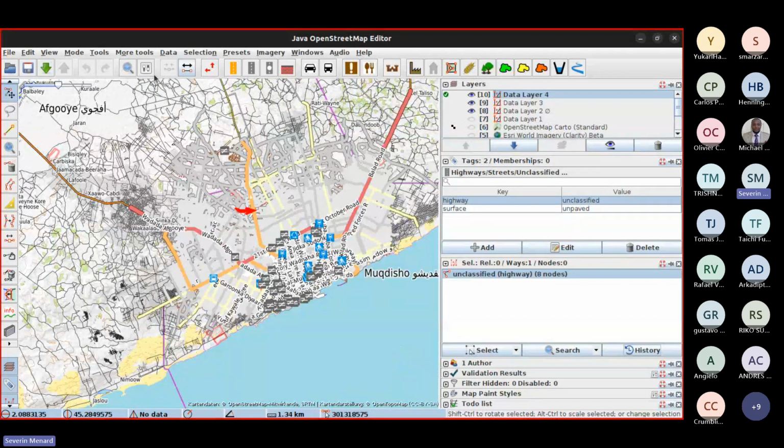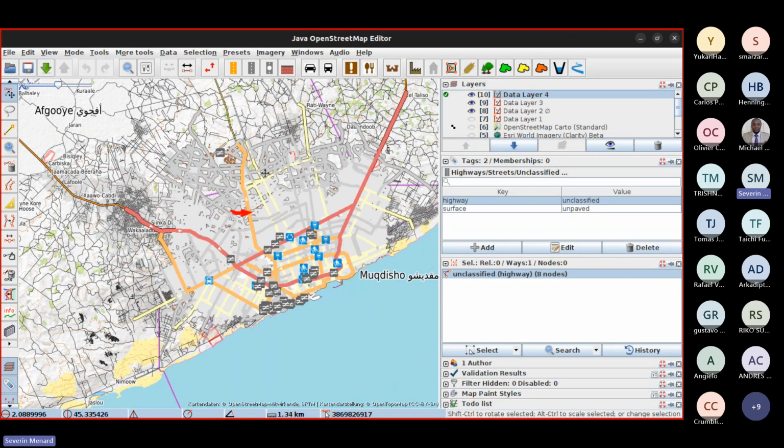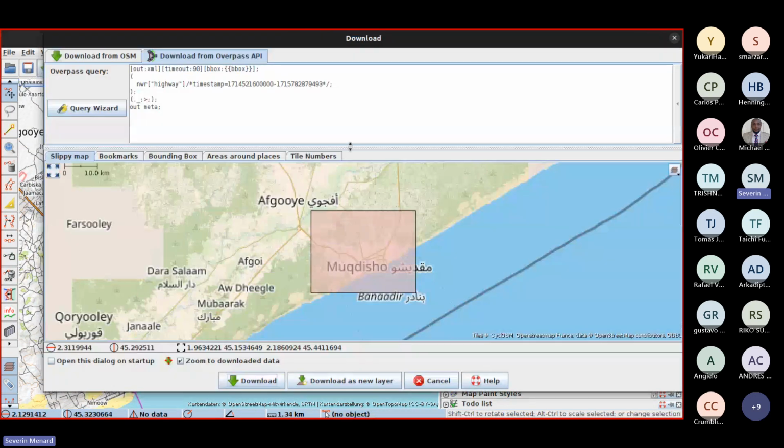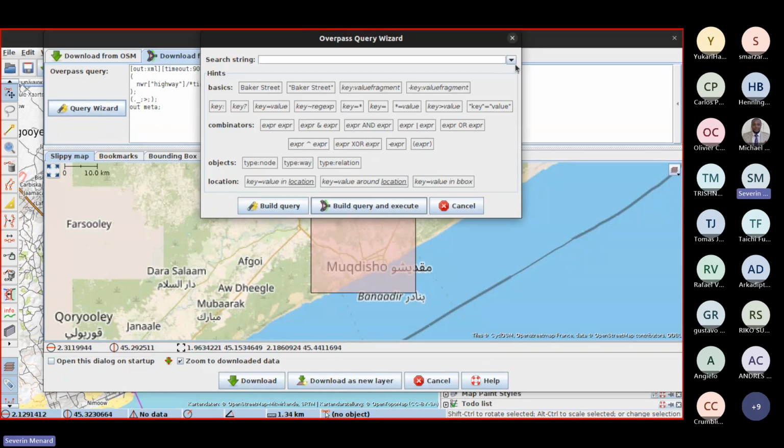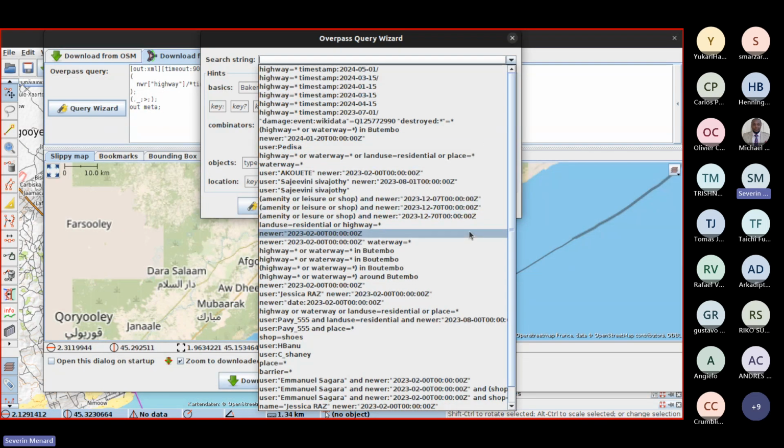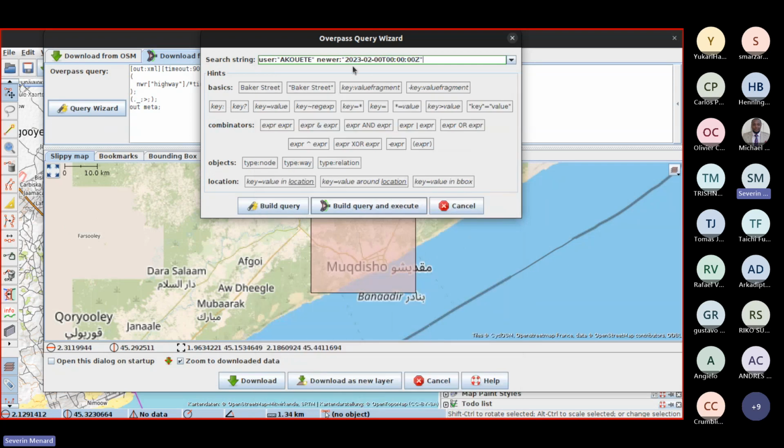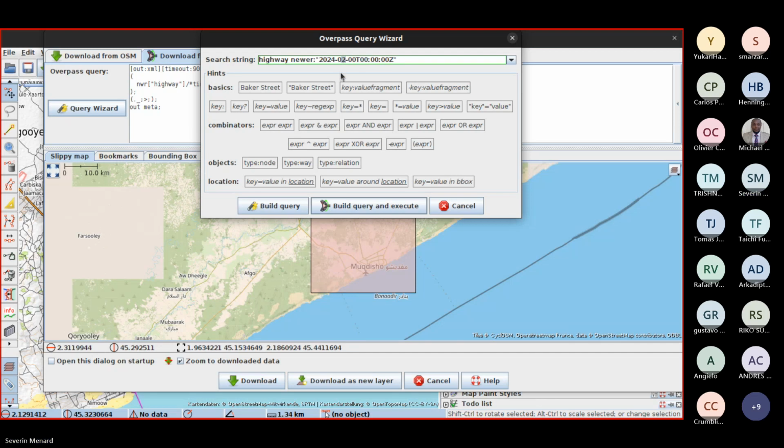It's strange. Let me do that with another string. I like the newer thing. Okay, so it would be highway, newer, and it would be 24, and nice, 10 days, 14 days.